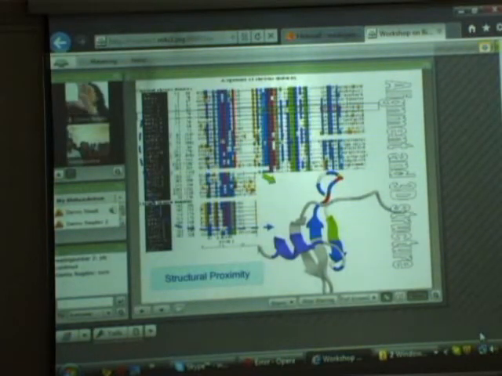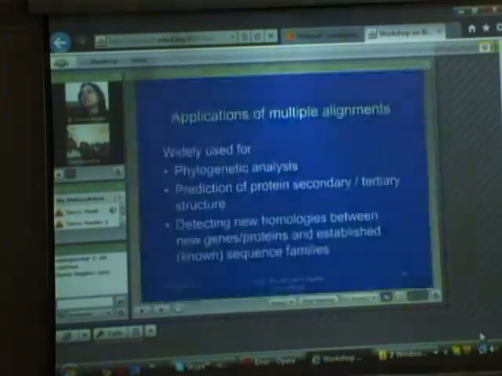So if you see that in several proteins you have such covariations in several sequences, then surely those two positions are structurally very close to each other, or in other words, we can say that they are structural proximity positions. So this feature is something which can be detected only through MSA and not by any other analysis methods, at least sequence analysis methods, of course.